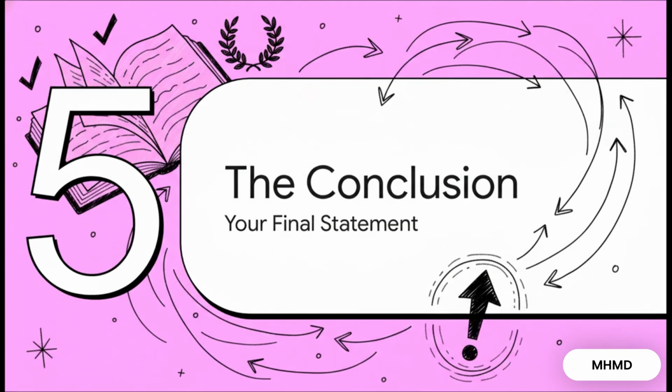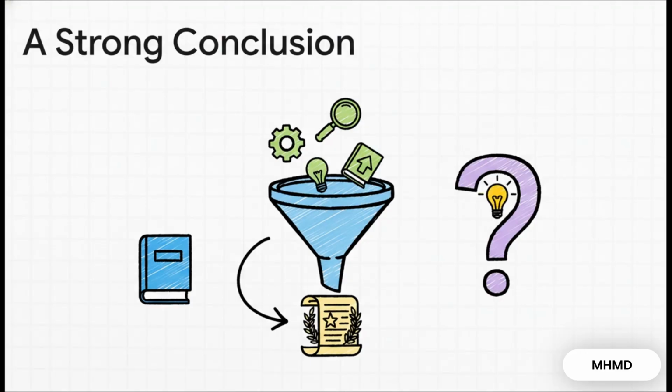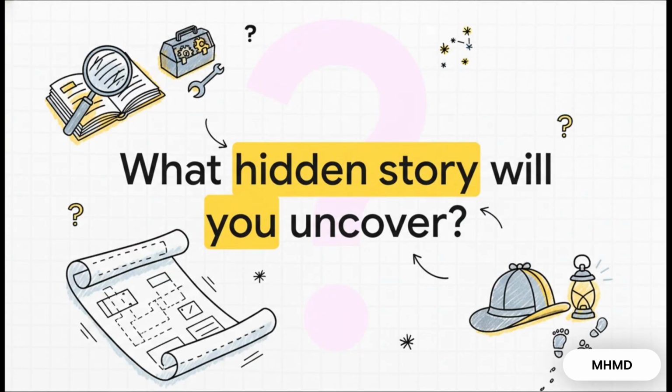So you've built your case. Now it's time to bring it all home with a conclusion that summarizes your argument and leaves a lasting impression. A really great conclusion doesn't just repeat what you've already said. It should be brief and it should sum up your main points, but crucially, it has to answer the "so what" question. Explain why this small piece of the text is so important to understanding the entire work. That's the final punch.